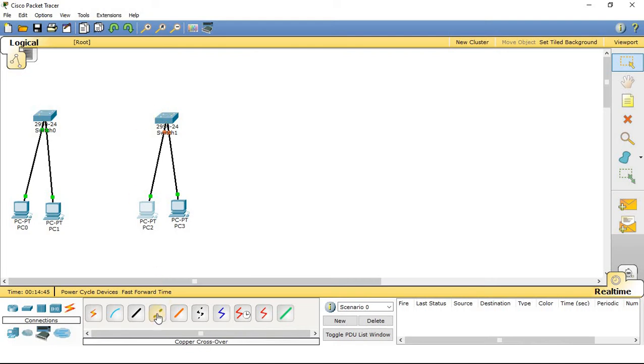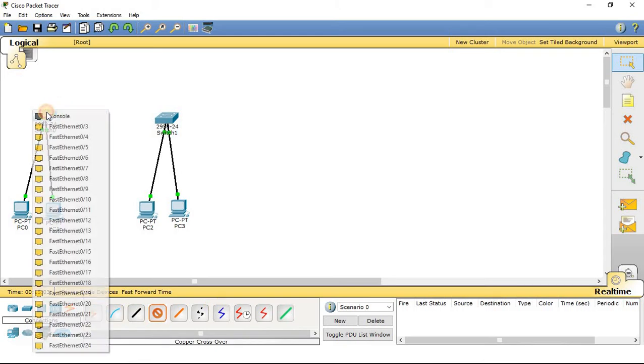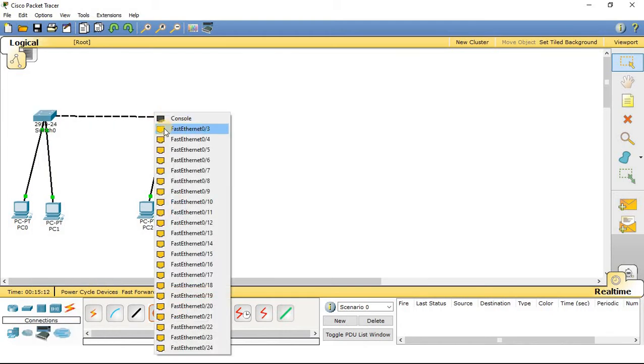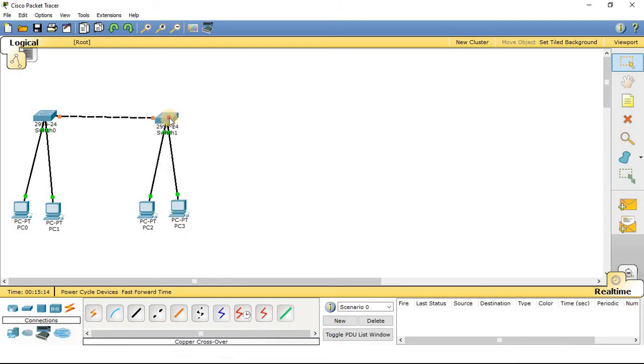So let me take this cross copper wire. We know that to connect similar kinds of devices we have to use a cross copper wire. That is why I have taken the cross copper wire from the connection cables. One end of the cable I will connect to this particular switch, port number 3, and the other end of the cable I will connect with port number 3 of the right side switch.